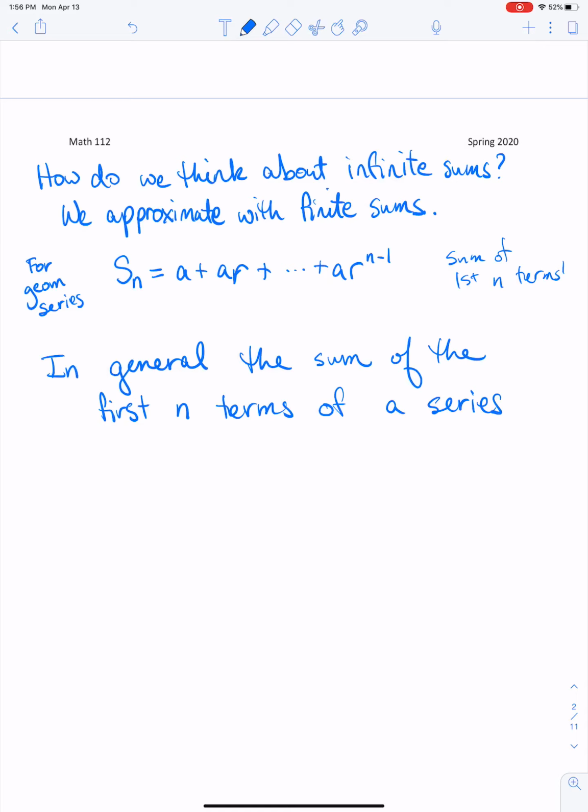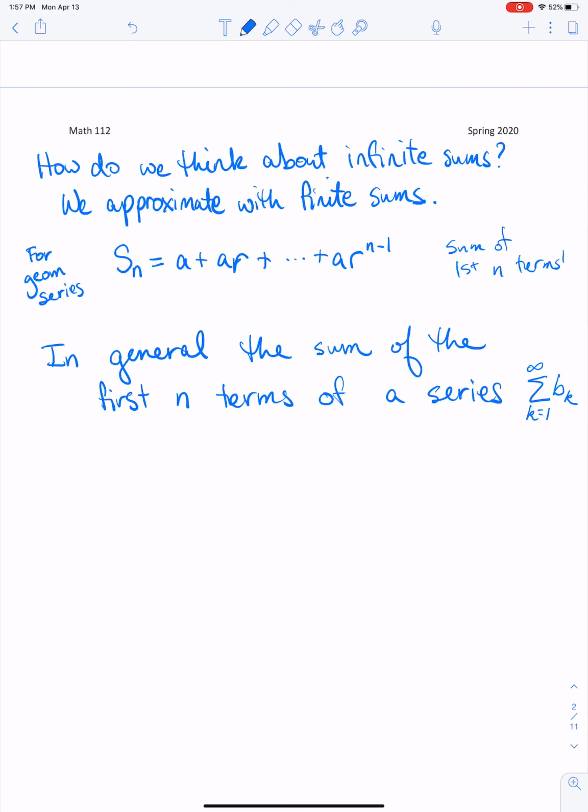So I'm going to say the first n terms of a series, sum k equals 1 to infinity, we'll call it b sub k. So the sum of the first n terms, we'll call this Sn, is equal to the